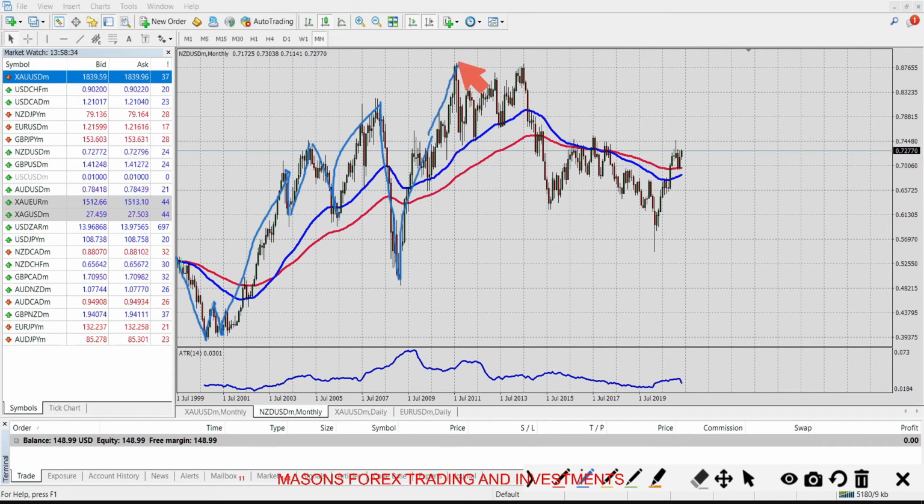At this point we retrace. We tend to be in this type of range or consolidation, and from this point we push back lower and we retrace, and we push back lower and then we retrace. So you can see this is not a strong trend,